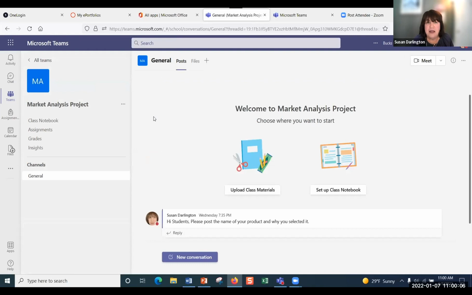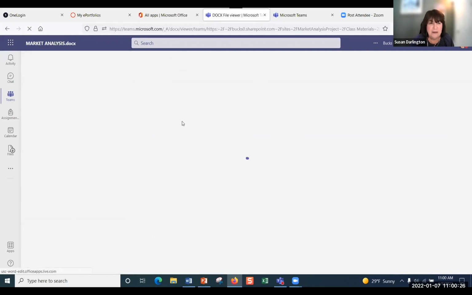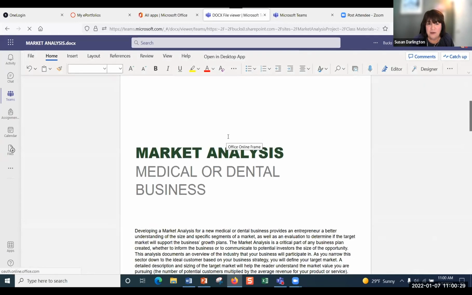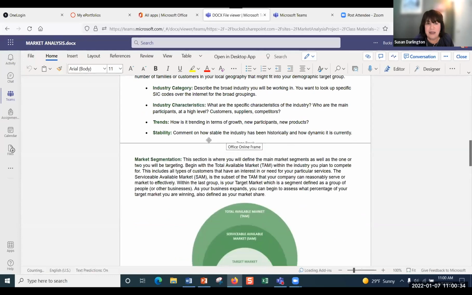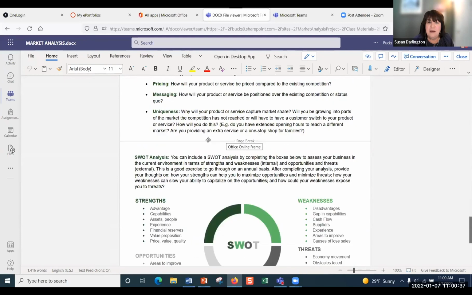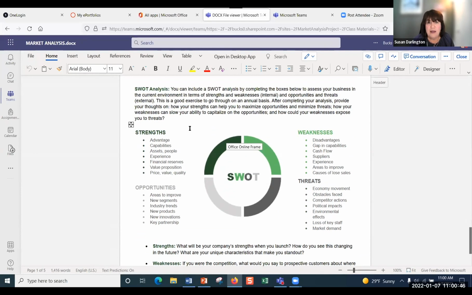So this is an assignment that I made in Canvas for the class. And so the students are able to post. They're able to post files and look at files. So I had added a file here for, they're going to be creating a marketing analysis report. So it's really nice, those Word templates that actually show you how to create a report and what is all included typically in a marketing analysis report. So that gives them just a really good head start, because if you're going to ask them to create a marketing analysis report, they probably would have no idea what that is supposed to look like.